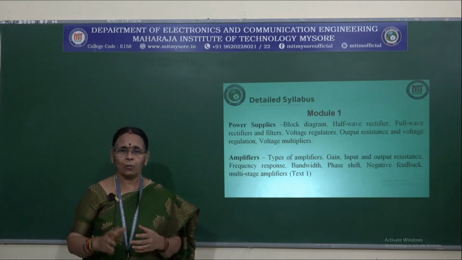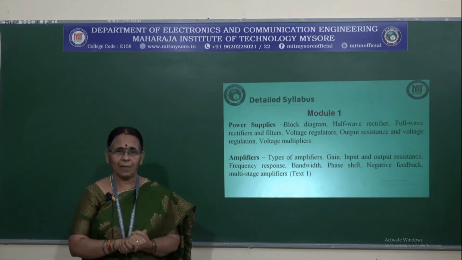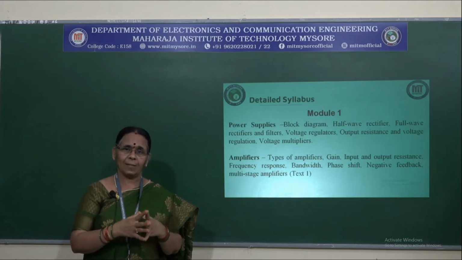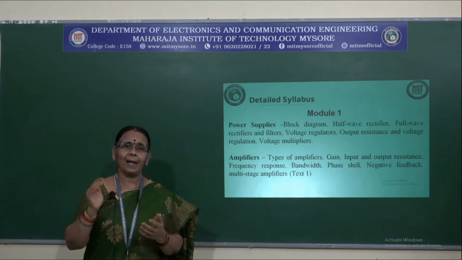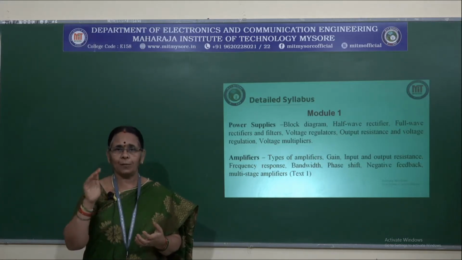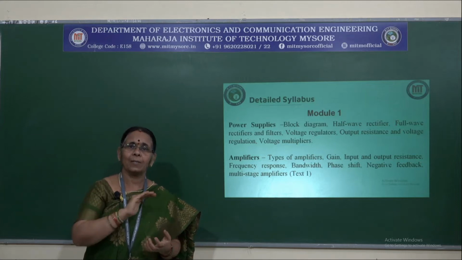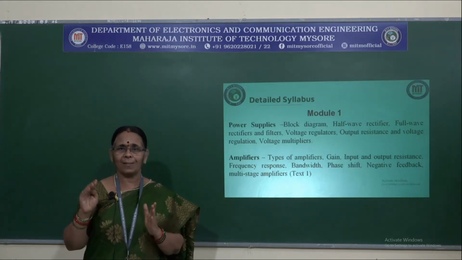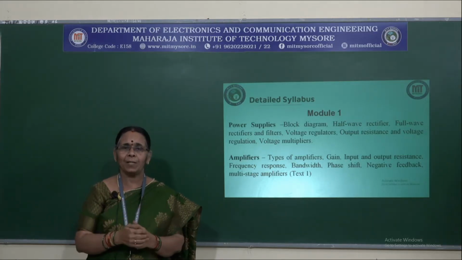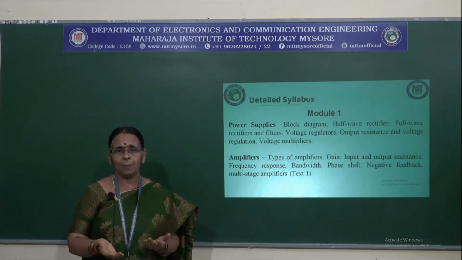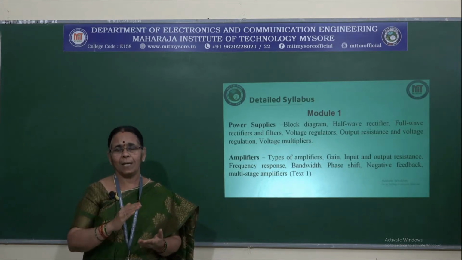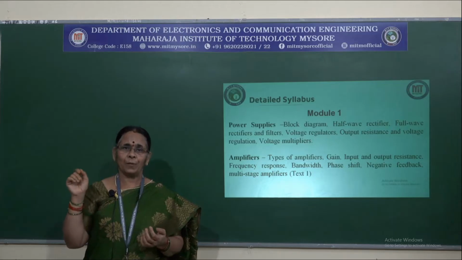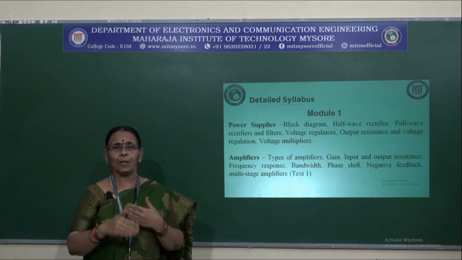So why do we have to study all those? Half wave or full wave rectifier converts AC signal into DC, but AC is generally a sinusoidal wave, and if you convert it to DC, it will be unidirectional, but it is not complete DC. If I say DC, DC is always parallel to the x-axis, that is, irrespective of time, there won't be any variation in the magnitude of the voltage. But when we convert AC into DC using any of the rectifiers, that is half wave or full wave rectifier, the output that we are going to get here is unidirectional. So in order to make it